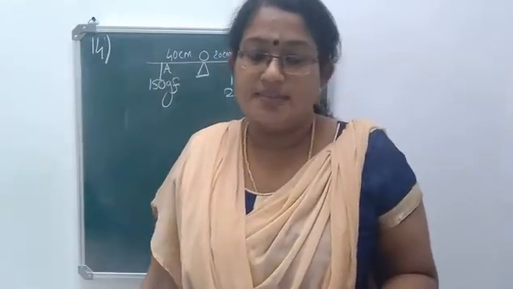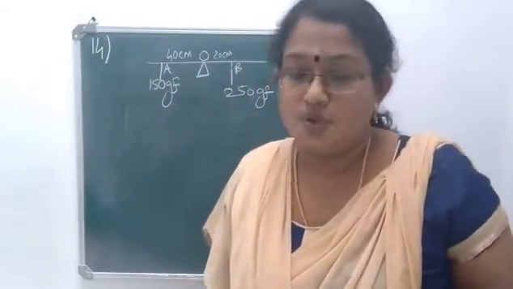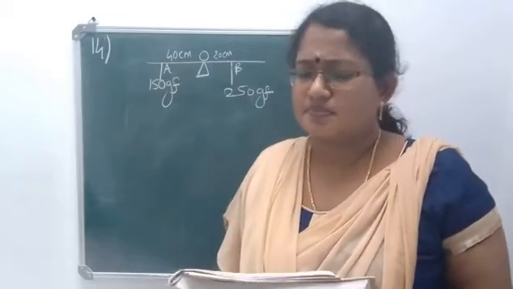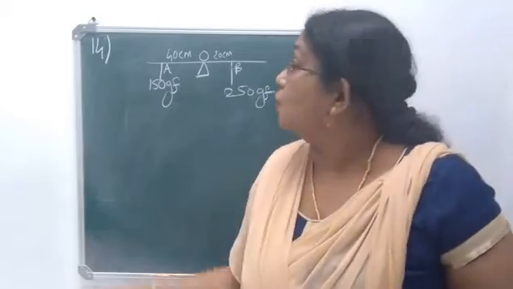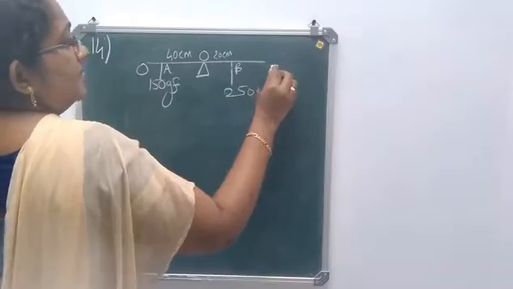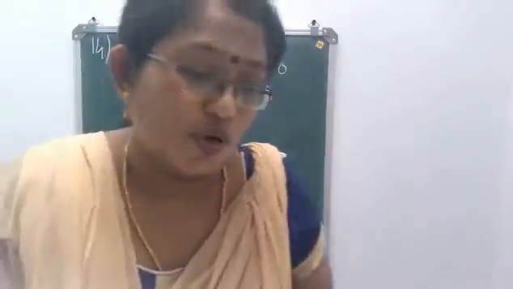We have already completed till question number 13, isn't it? Now we will move to question number 14. The diagram shows a uniform meter rule. Okay. So this is a uniform meter rule. So I'll mark it as 0, 100. We have a uniform meter rule.